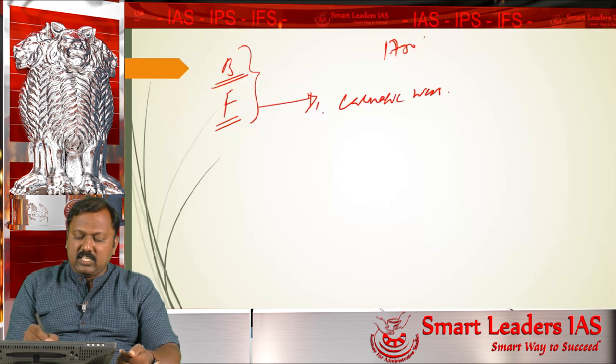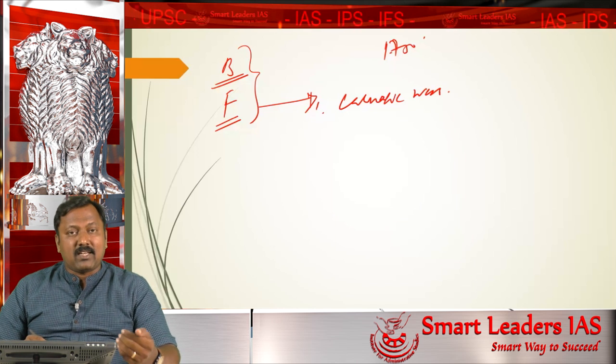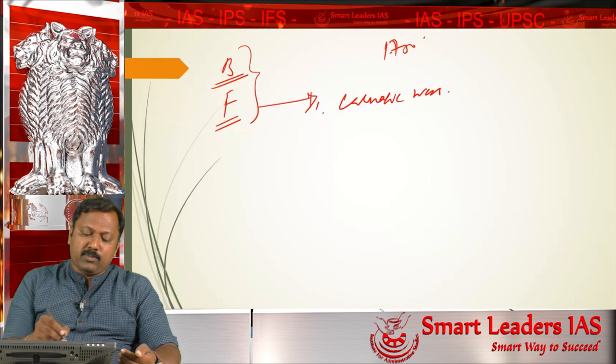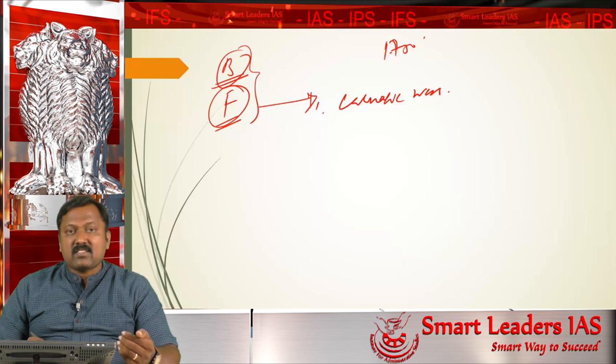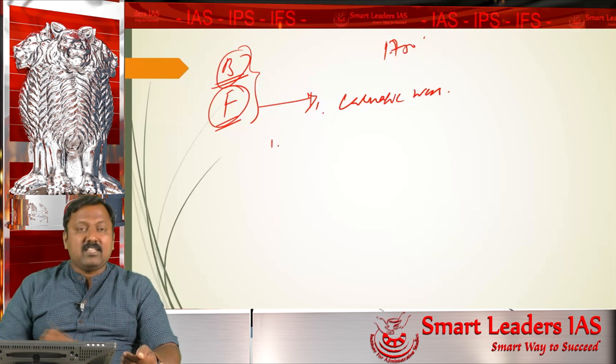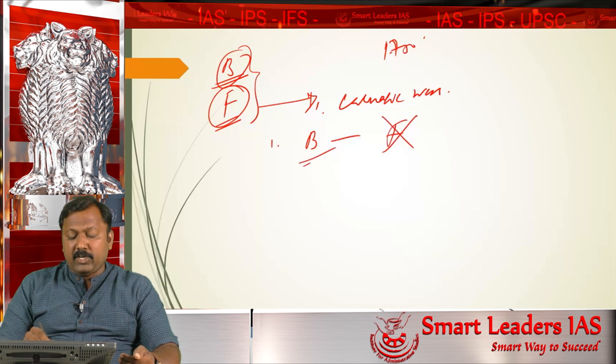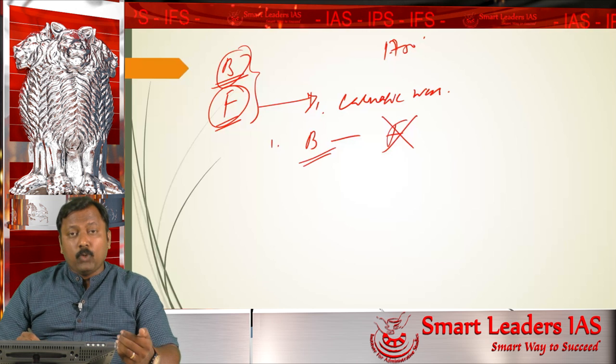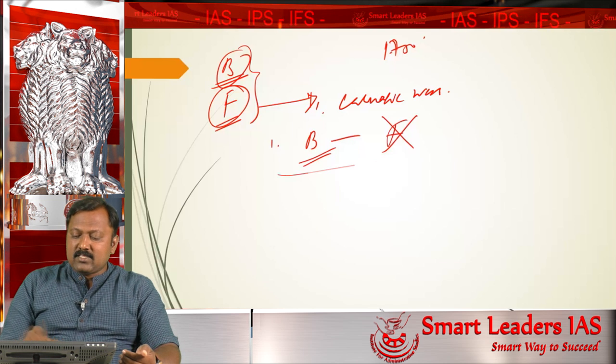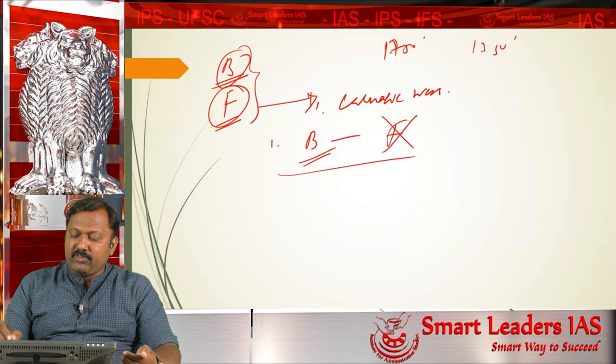The Carnatic Wars in history were fought in the Carnatic region, and normally the war was fought between Britain and France. In this Carnatic War, one thing was very clearly established: Britain defeated the French company, and over a period of time Britain became the monopoly company in India. This also happened in the 1750s.